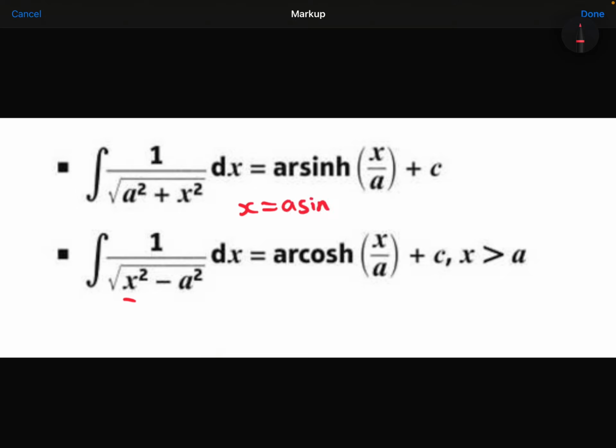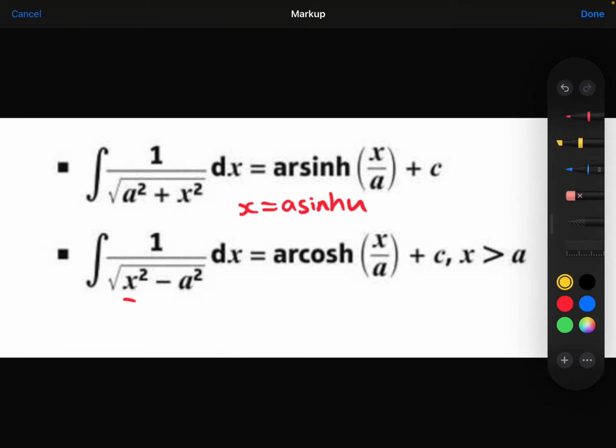The reason why that will work is because you will then have an a squared plus a squared sinh squared, which then the a squared will factorise out to leave you with a sinh squared plus 1, which can then be replaced with a cosh squared. And it will all simplify nicely, and you'll get your nice integral as arsinh